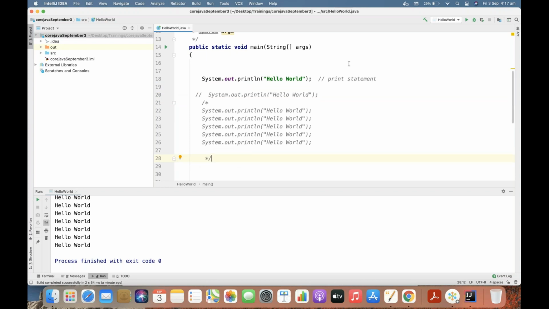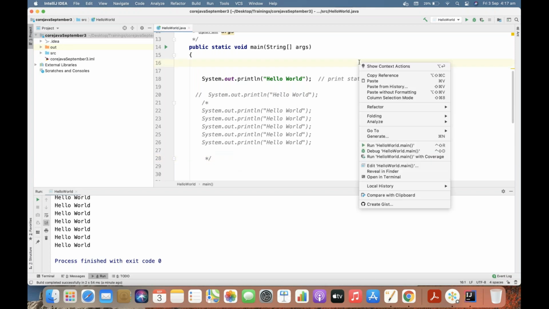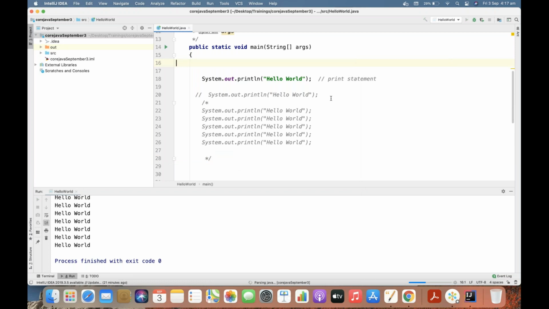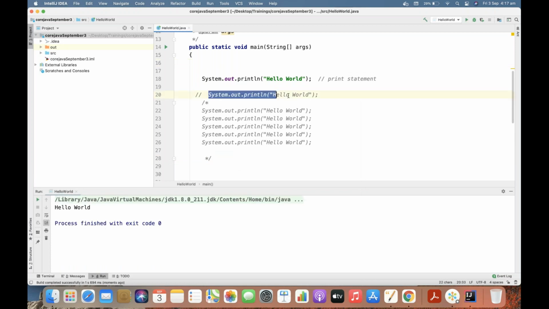Only one, yeah, once. So here, I have used the single line comment to comment out one line of code. I have also used the single line comment to tell someone what exactly this line of code is about. And here, what type of comment have I used for this one?